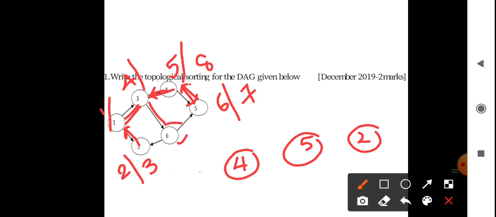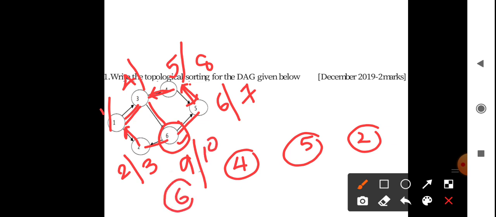Another node is there, 6, not explored. So its discovering time is 9. And its node 2 is already explored and 5 is also already explored. So its finishing time is 10. So we will add vertex 6 to the front of this.